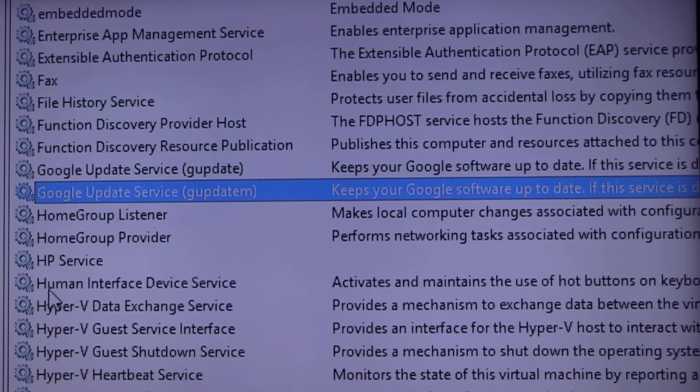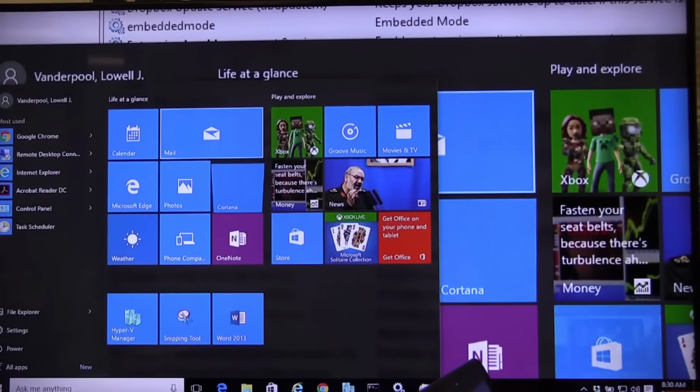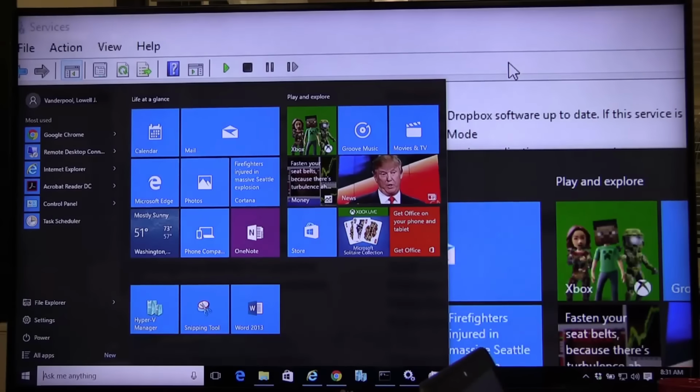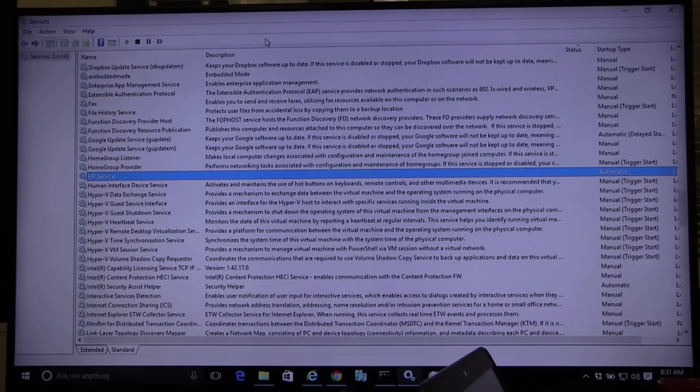Oh, there's an HP. Okay? So HP installed a service, Google, Dropbox, Adobe. Any questions? It will be possible for applications to borrow services that belong to other applications.